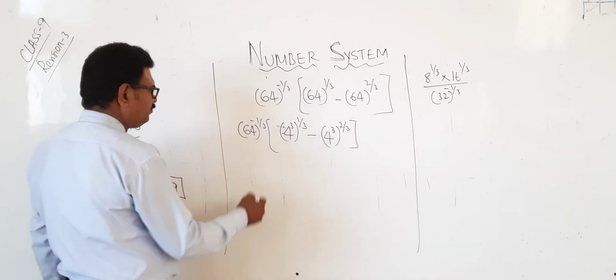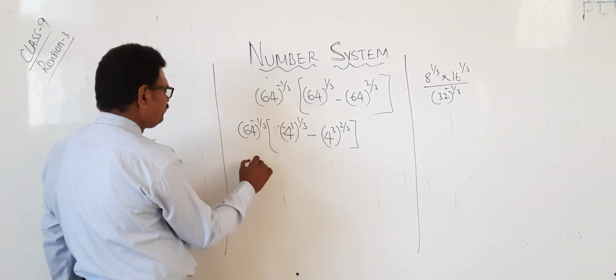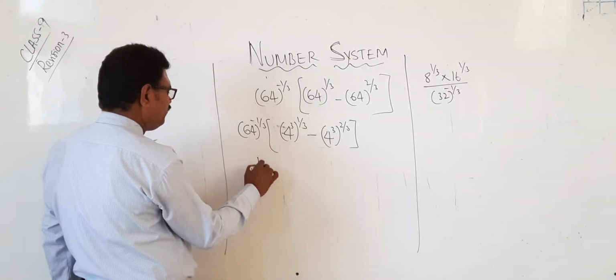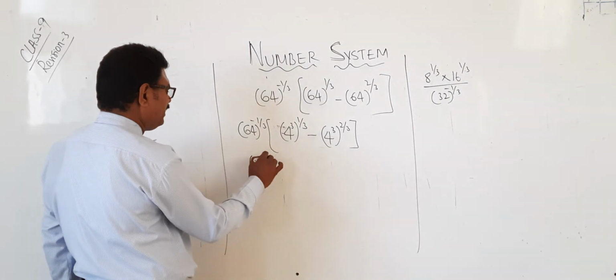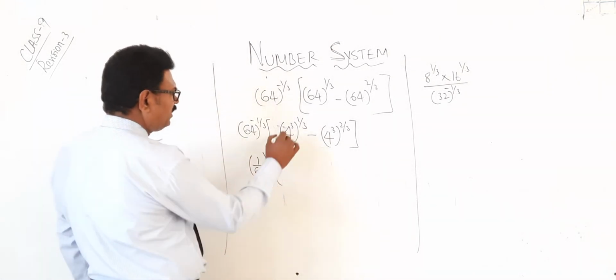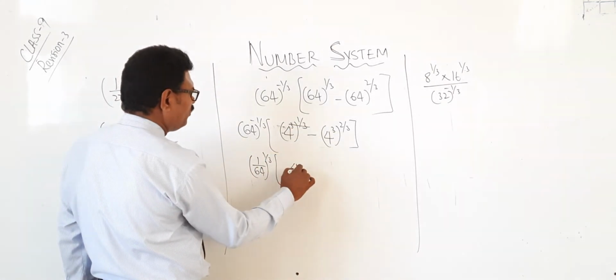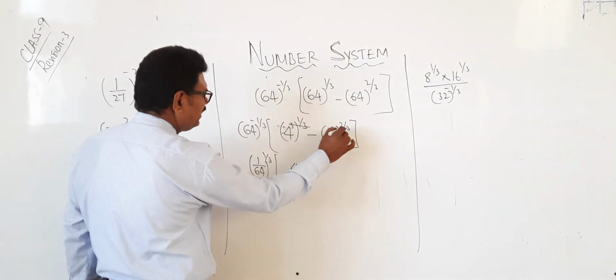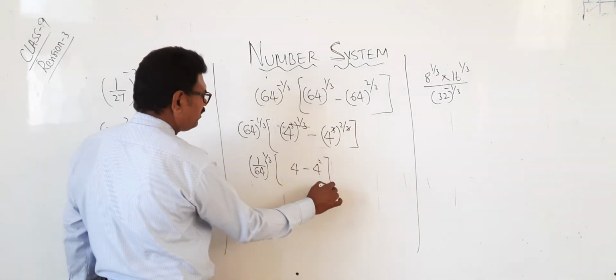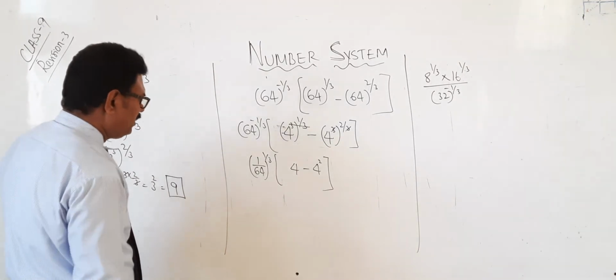Here you see, 1 by 64 to the power of 1 by 3. Here 3 3 cancel, 4 minus 3 3 cancel, 4 square. Okay na? Now here it is,